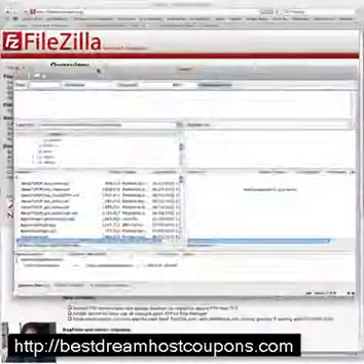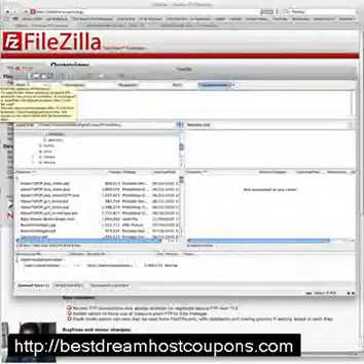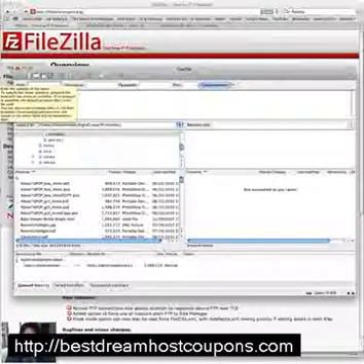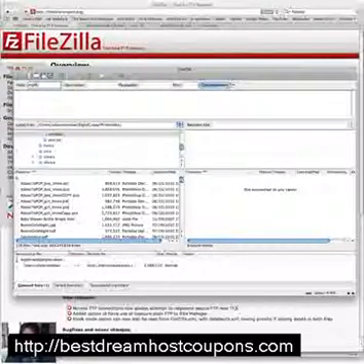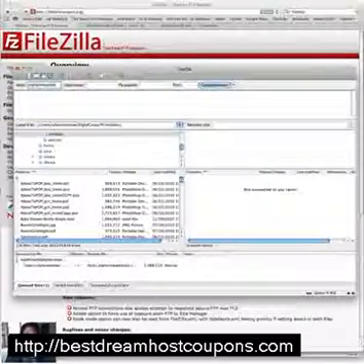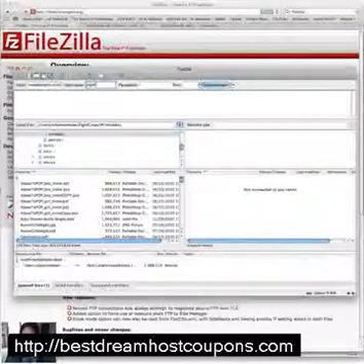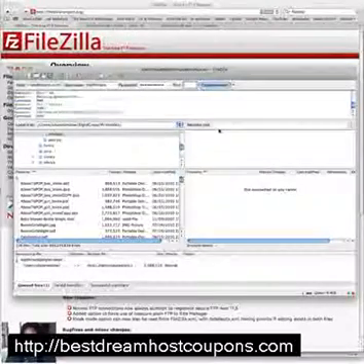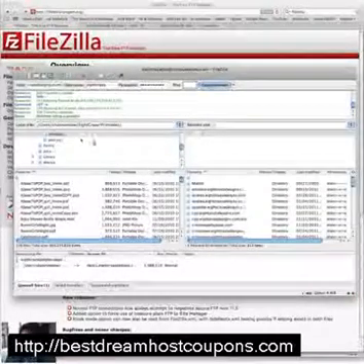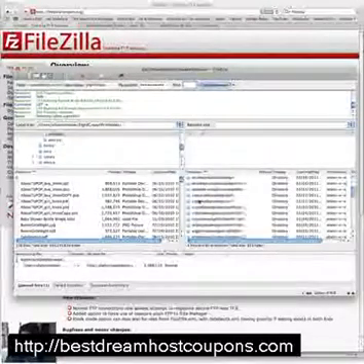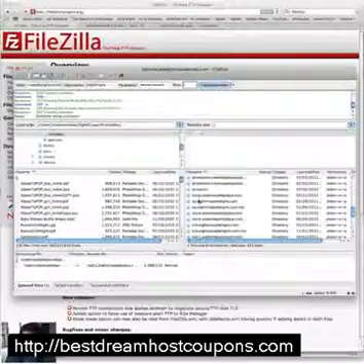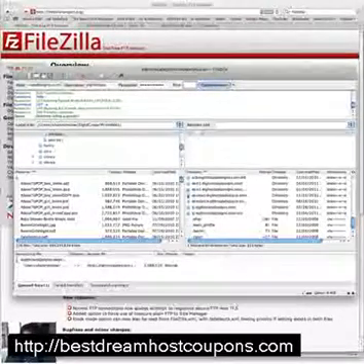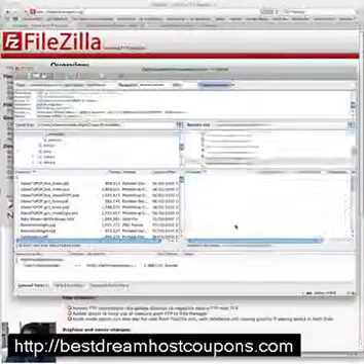And this is what it's going to look like right here, this screen. So what you do is you put in under host your web address, but you don't have to do the HTTP. You just do the plain old address. You're going to put in that username that you just saw and the password that you just created. Now the port number is always 21, and then you're going to hit Quick Connect. You're going to see it doing its business over here, and I have several domains, so you're going to only have one that's going to come up, and you're going to go ahead and you're going to click on it,